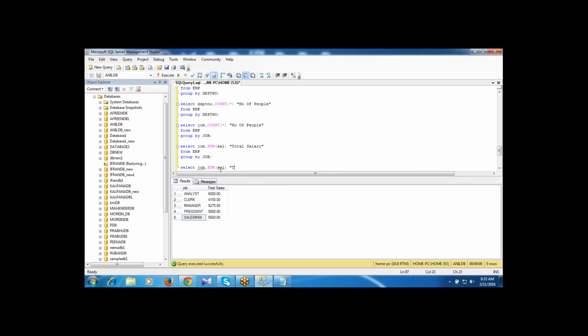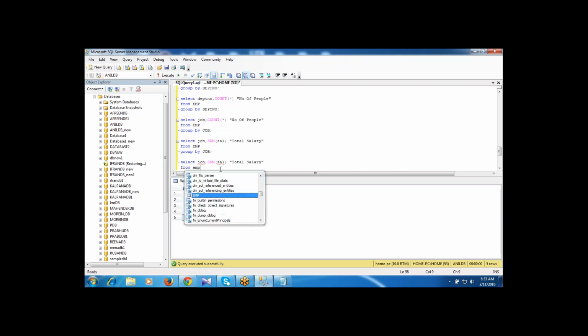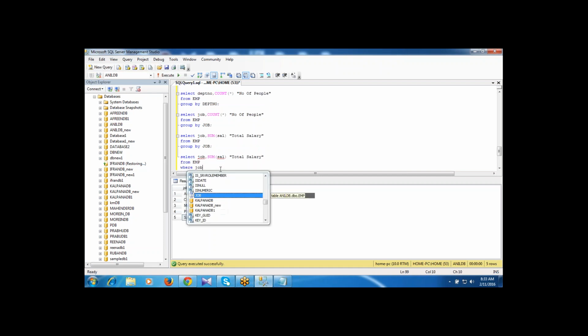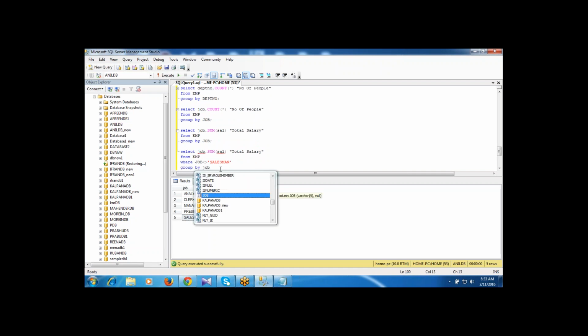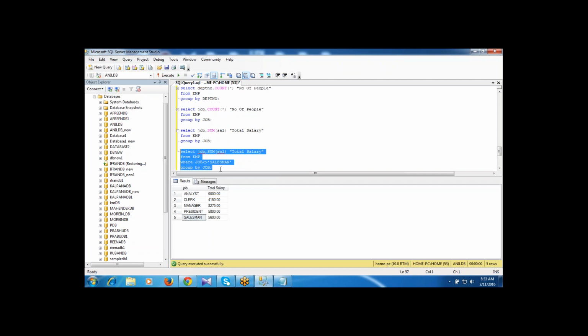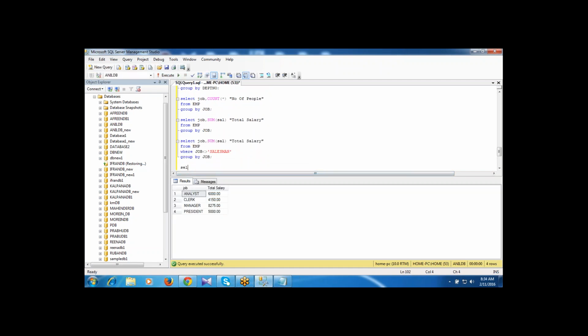From that result I want to exclude the salesman information. I don't want to display the salesman information. Then I write the where clause: where job not equal to salesman, then group by job. We can write the like operator also.